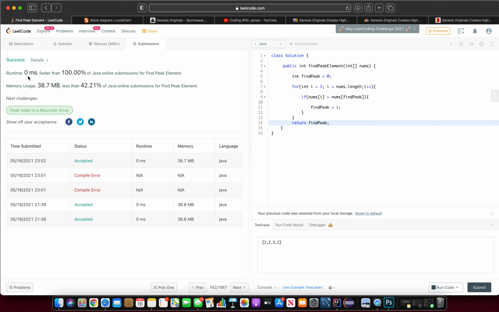And yeah, so this is a linear time complexity, O of n, because we're just going through it once. It's pretty much like the number of elements inside the array, and we're just going to go through it once. So that's pretty much it. Yeah, 100% of Java online submissions. The runtime is faster than 100% of it. Memory usage 38.7. It's pretty good, right? So that's a pretty good